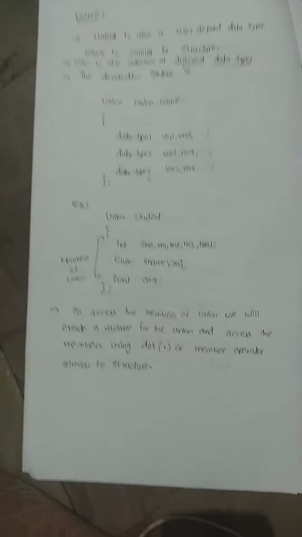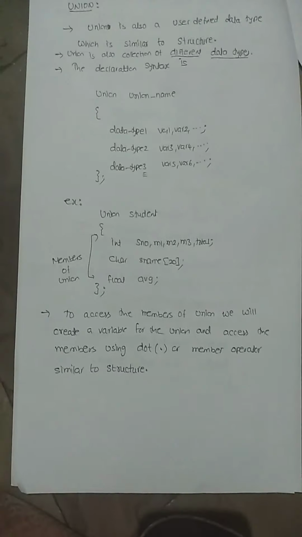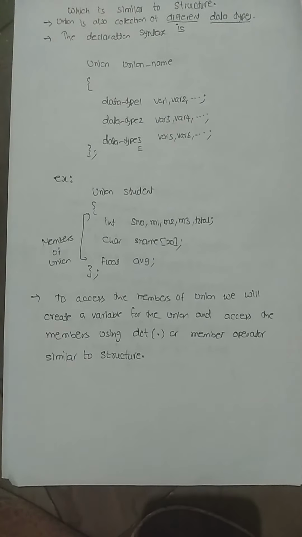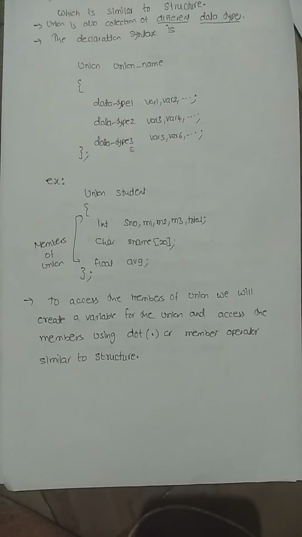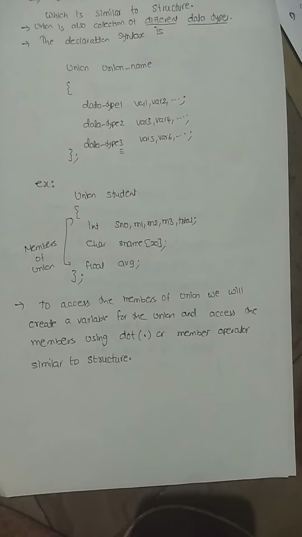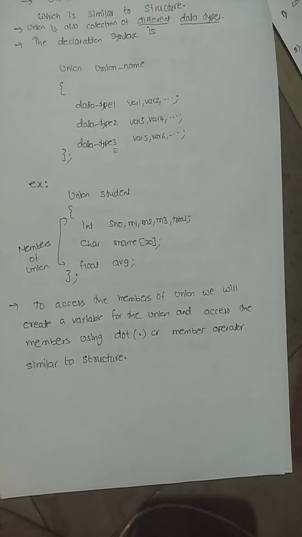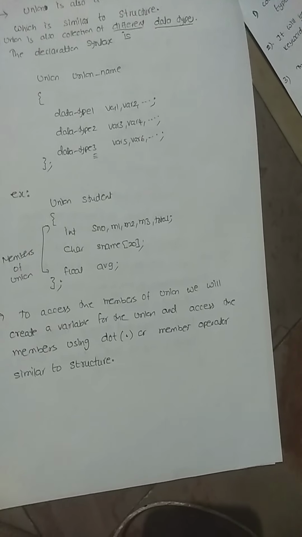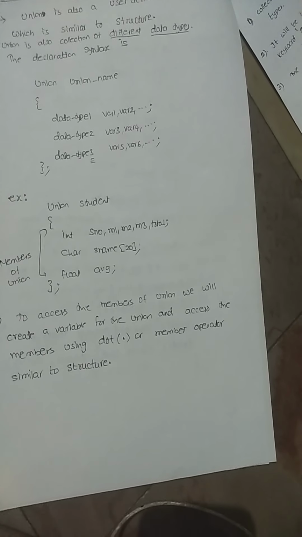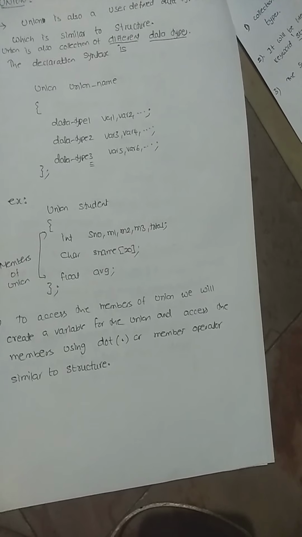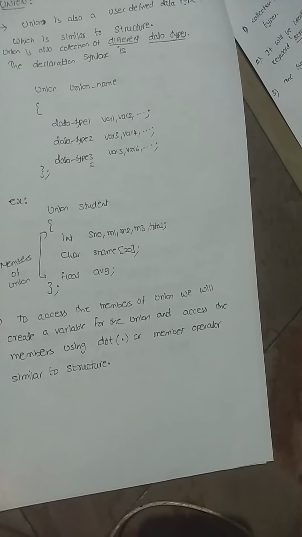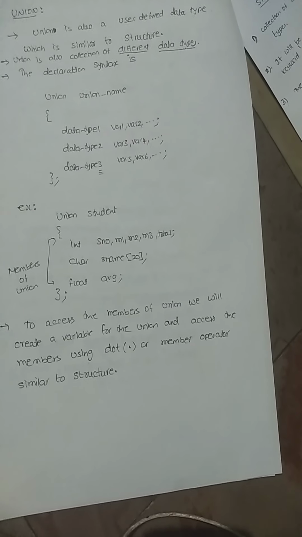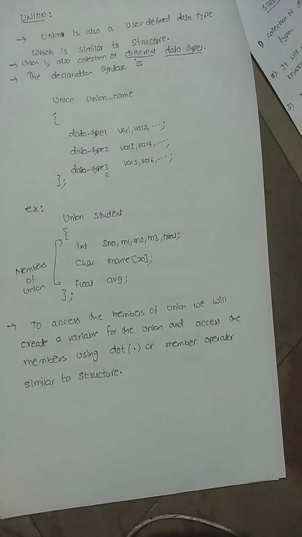The only difference is, in place of the struct keyword we are going to use the keyword called union, and everything else is the same. So the same previous program we can rewrite using union. See, the difference is, in case of structures the memory will be allocated to all the members, whereas in unions the memory will be allocated only to the biggest data type.